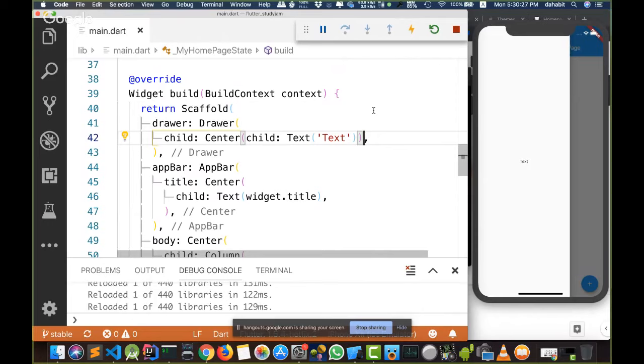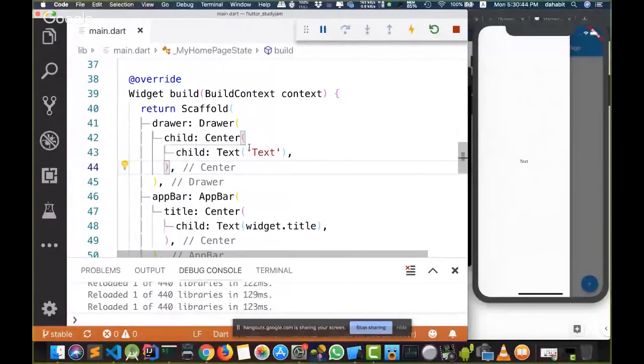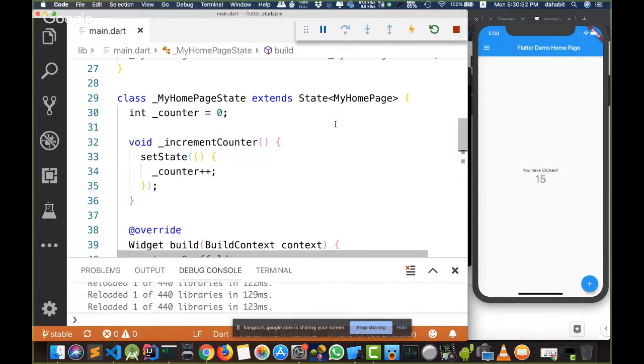And this is what we are talking about: Flutter holds the state for us until we ask it to re-render or provide another state. And here, if you want our code to appear better, I'll just write a comma here and press Command S. And as we can see here, you will find that our code now is better. Even if we change the logic of our application, for example, this counter, every time I'm clicking on the button, it will increase 1 by 1. Let's increase that by 10.